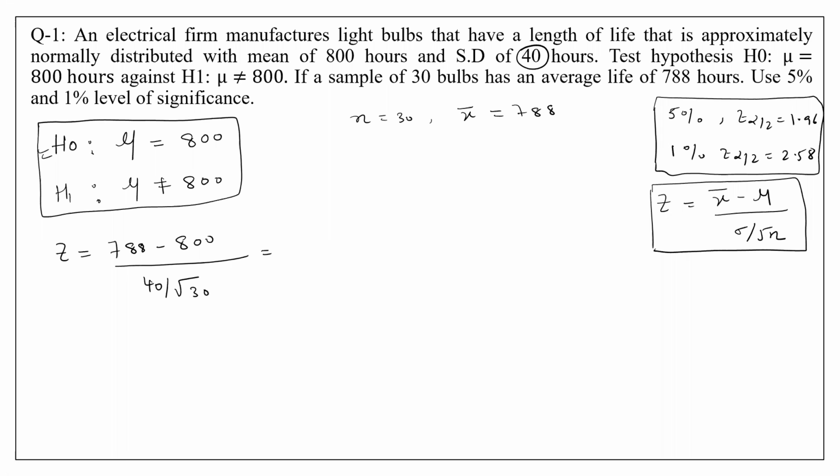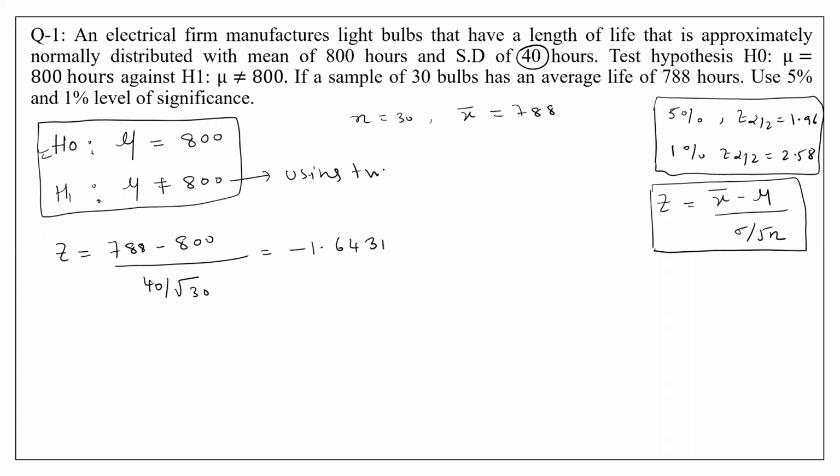So 788 minus 800 is minus 12, divided by 40 over square root of 30. It is coming around minus 1.6431. It is coming in negative, but because it is two-tailed,